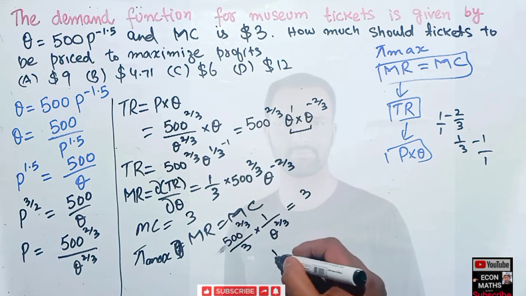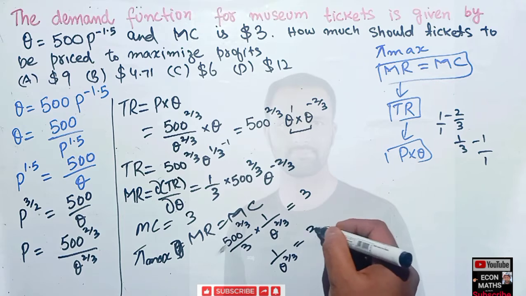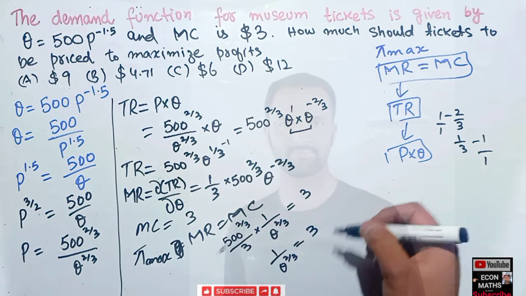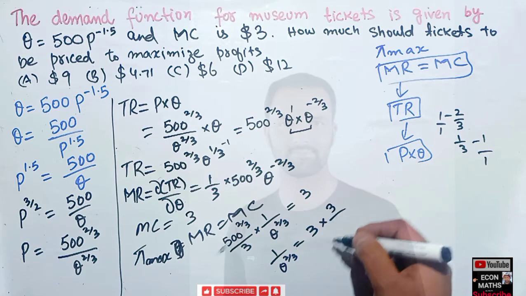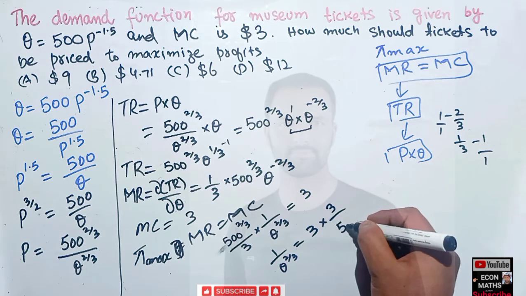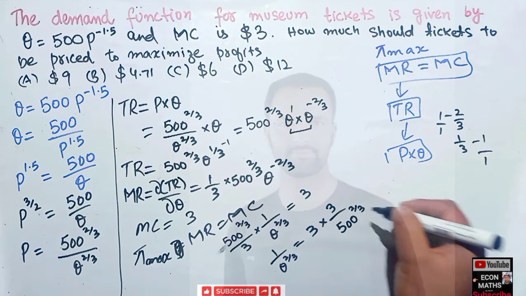Now 1 upon q to the power 2 upon 3 is equal to 3. If we transpose this, it will get reciprocated, so 3 comes up. We have 500 to the power 2 upon 3. Okay,